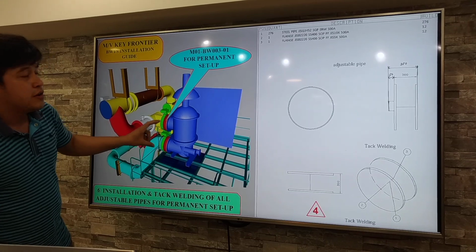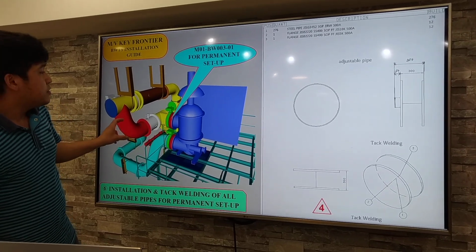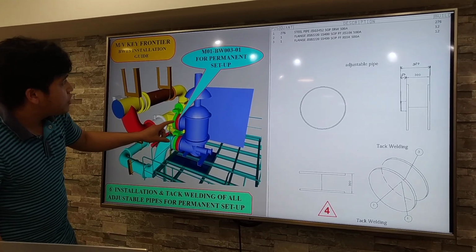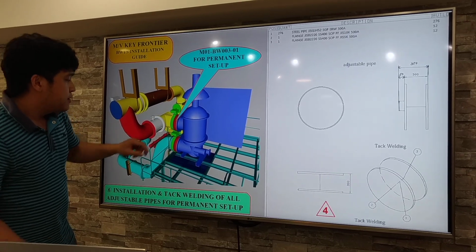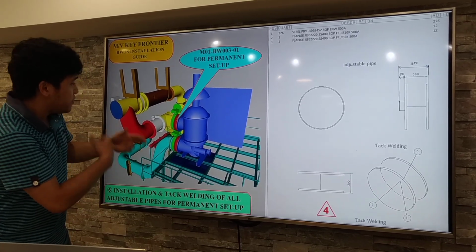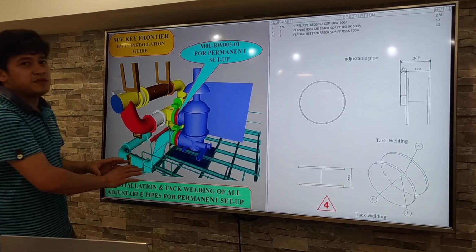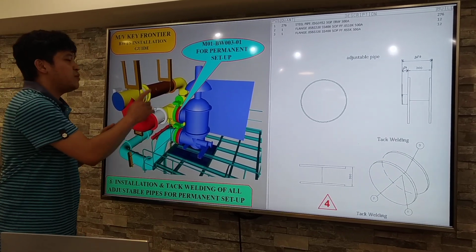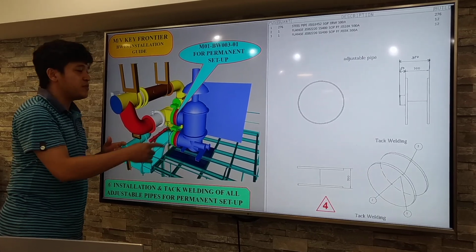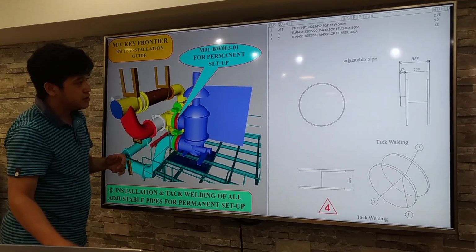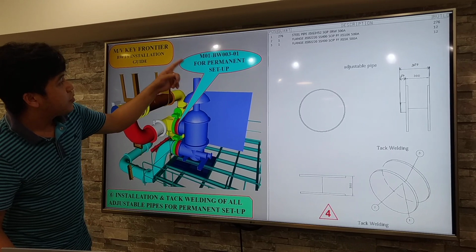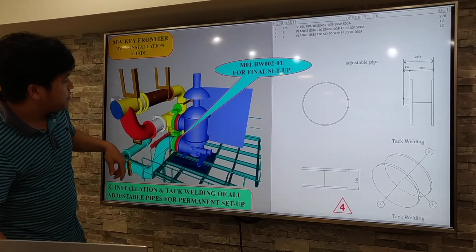These were a temporary setup before, and now we will adjust them. If we already adjusted the below adjustable pipes, then we will proceed here for final adjustment and tack welding. So for permanent setup,